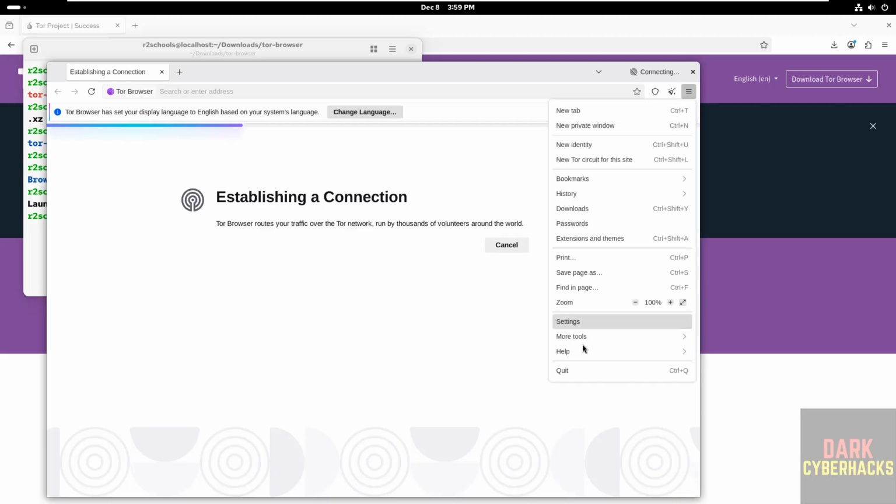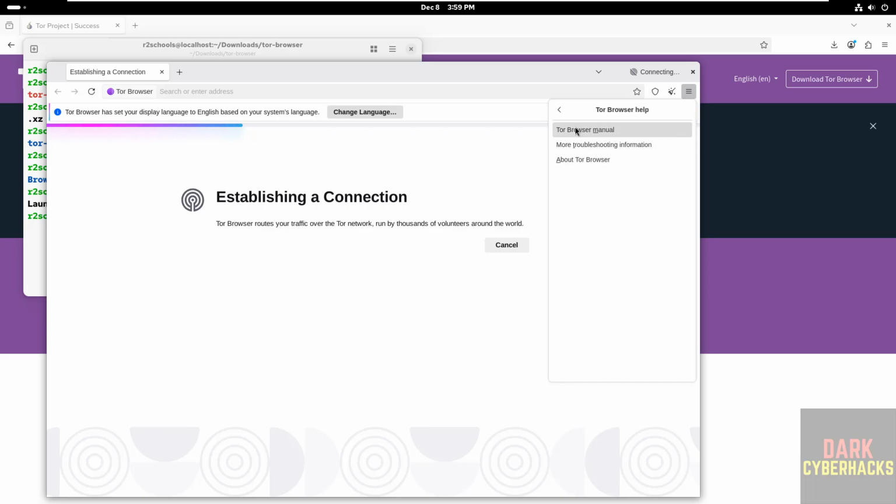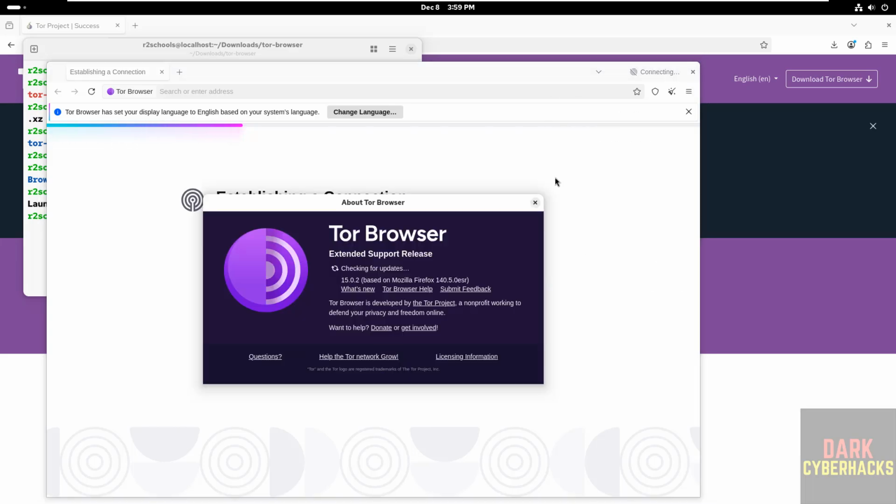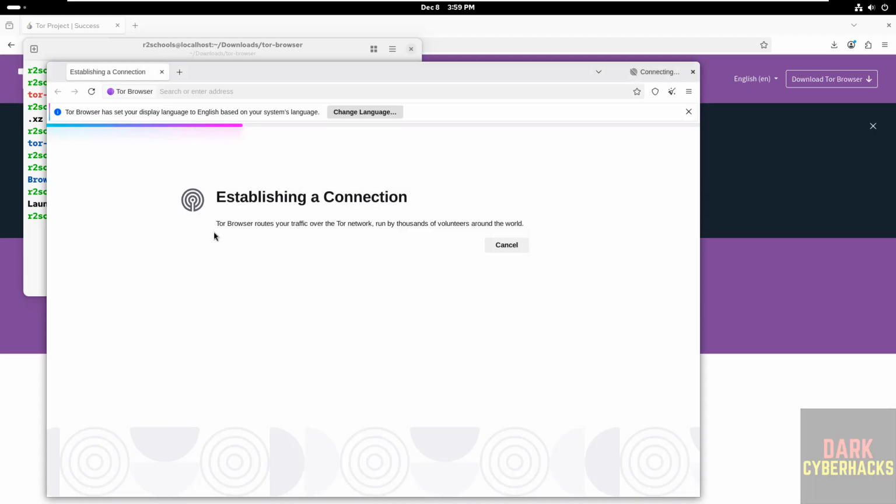Now verify the version. Go to help, about Tor browser. See, you got the 15.0. Okay, close this one. Okay, this will take time. So in this video we have seen how to download and install Tor browser latest version, that is 15.0 on